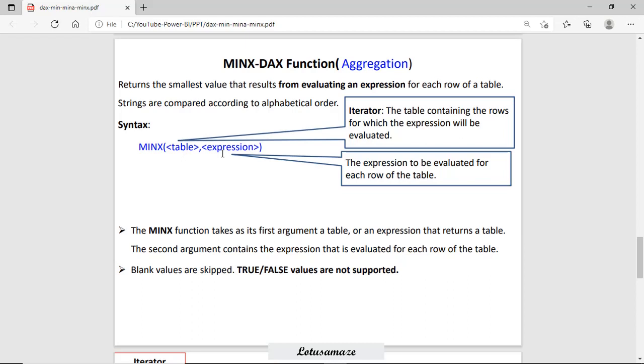Second is the expression. You can apply any expression, the expression will be evaluated, and on the basis of its result, the smallest value will be calculated. Blank values are skipped and logical values are not supported in this function.